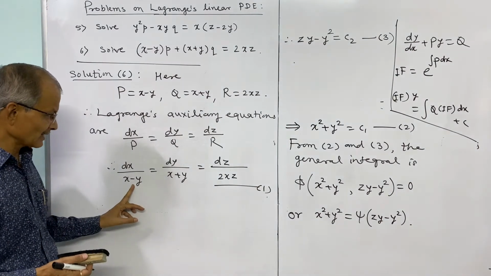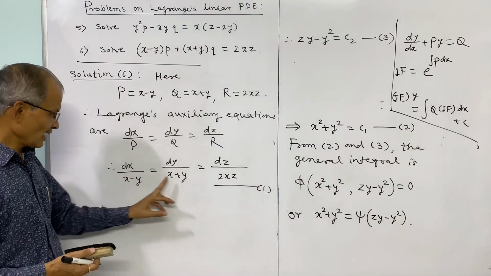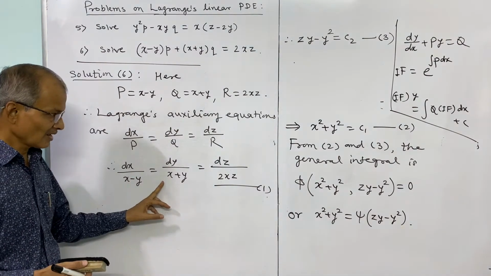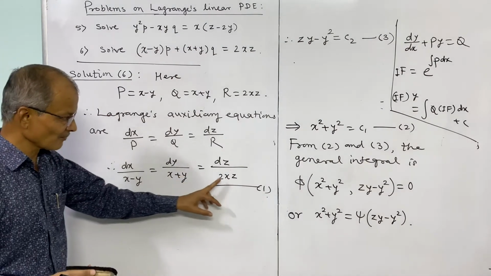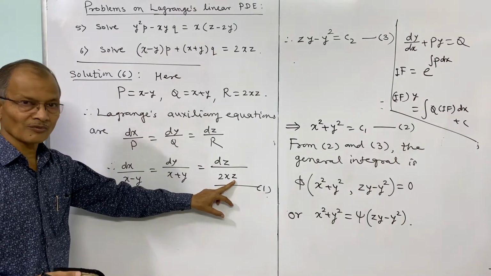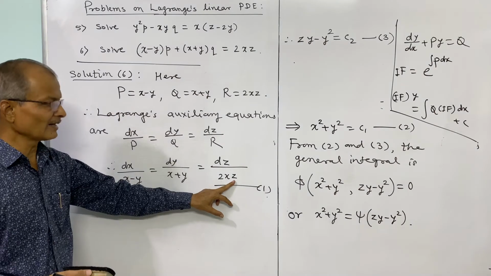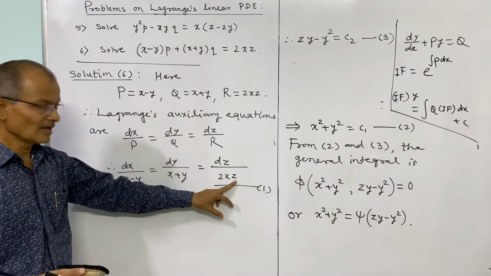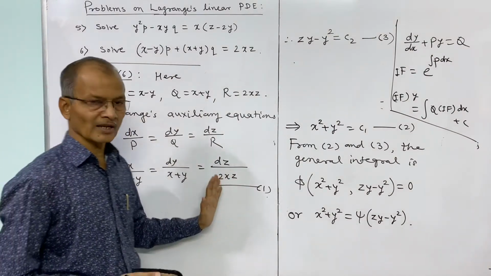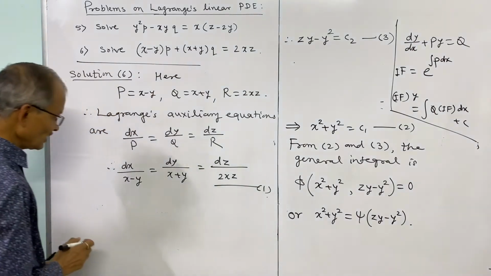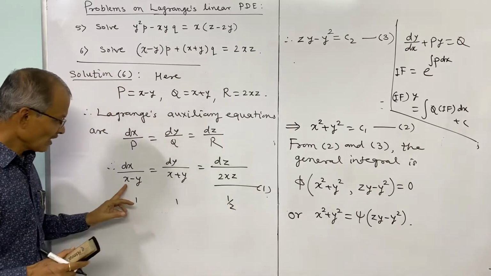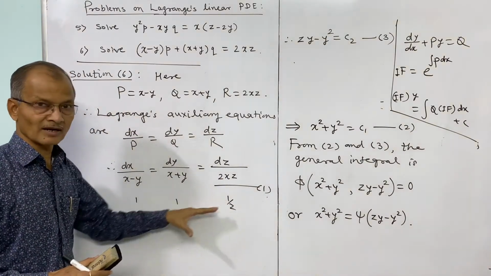then this y and this negative y cancel, and what remains is the addition, 2x. But z is also there, so we eliminate this z by taking the multiplier 1 by z here. Multipliers, we know, can be constants or variables or functions of x, y, z. So we take the multipliers here as 1, 1 and 1 by z, and this is to be decided by observing.